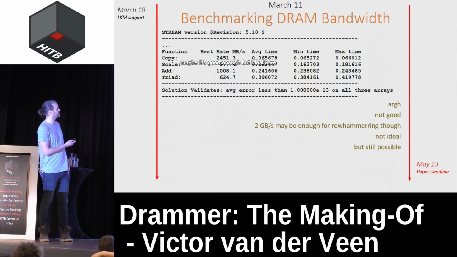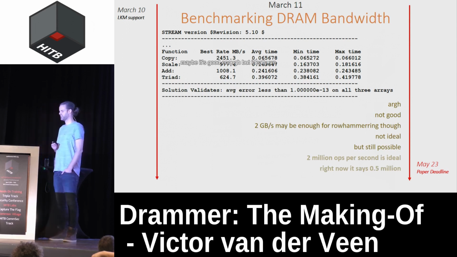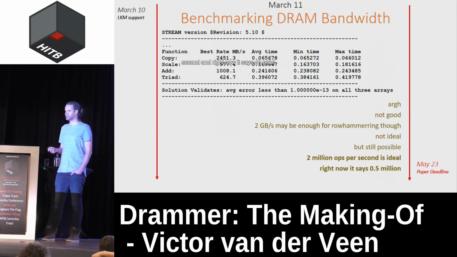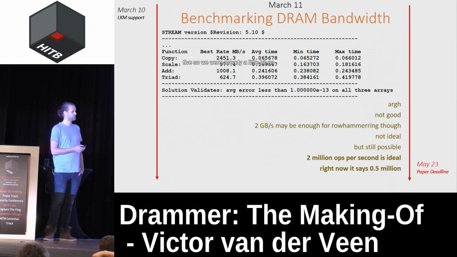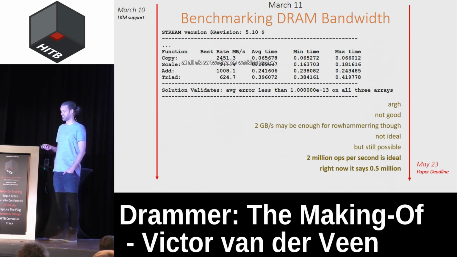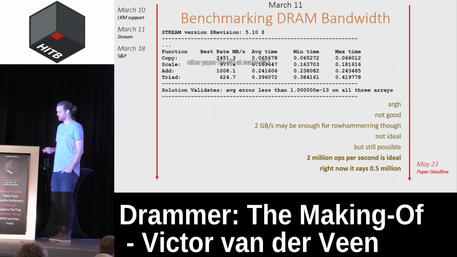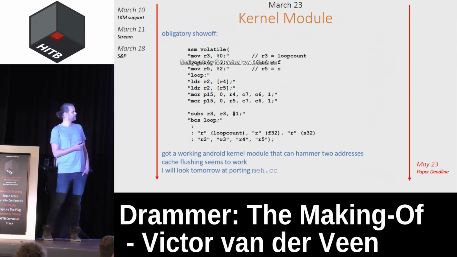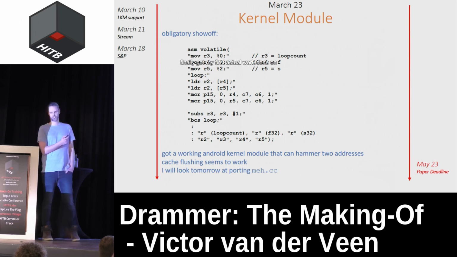No, it's not good. Maybe it's good enough. But ideally, we would get 2 million operations per second. And right now, it says 0.5. So we were already a little bit pessimistic about whether this would work at all. Okay, so I continued working on the other paper until March 23, when I finally got my first actual work done